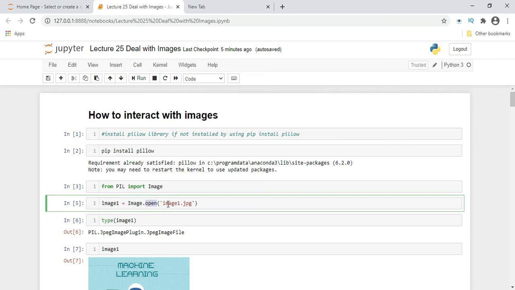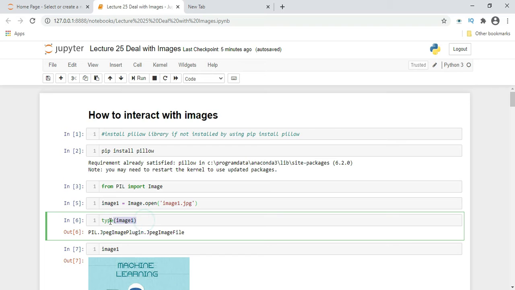We will open image1.jpg, which is already stored on my system. Now if you want to check the type of this image, type, and inside it we provide the variable, so it gives us PIL.JpegImagePlugin.JpegImageFile. So this is the file which we are getting.